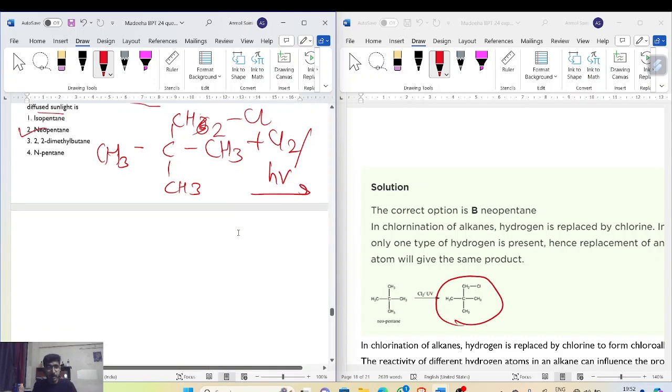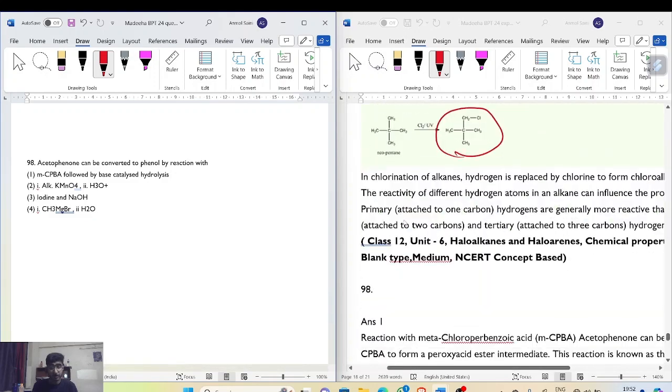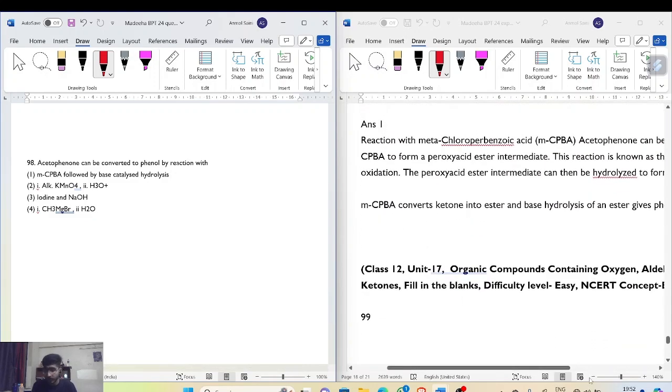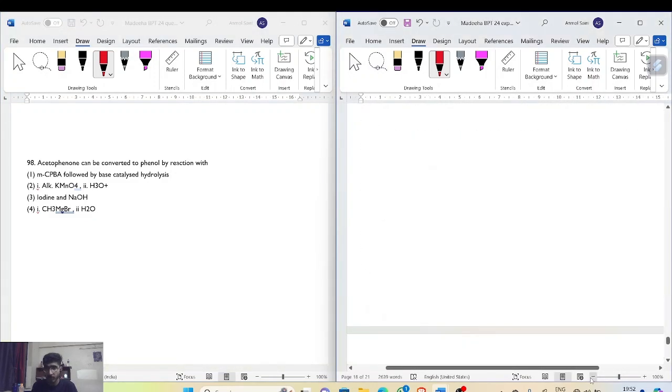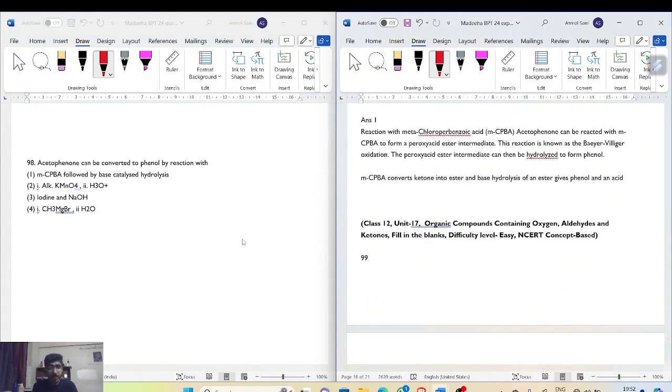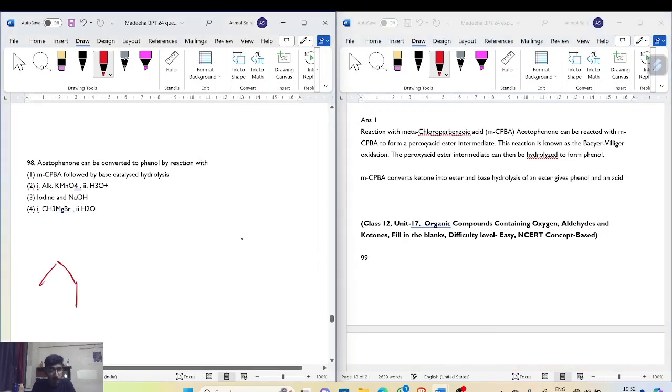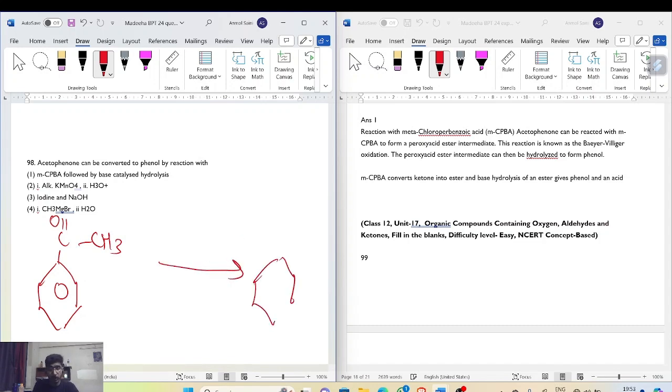Now question number 97. Acetophenone can be converted to phenol by reaction with... First of all, we have to draw the structure of acetophenone: benzene, C double bond O, and CH3. This is the structure of acetophenone, and we have to make phenol from this. Phenol. From acetophenone to phenol, this can be done by the reagent